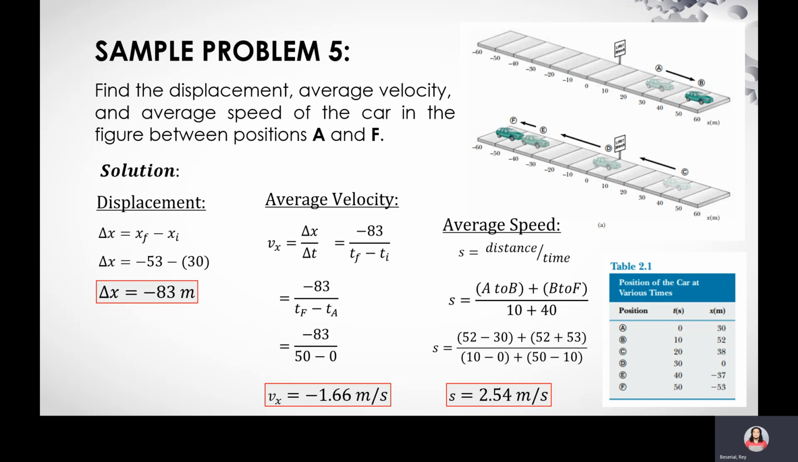Okay. So, A to B, i-plus lang natin 52 minus 30 plus 52 minus, 52 plus 53. And then yung ating delta t, which is from A to B, is 10 minus 0 plus, dito B to F na is 50 minus 10. So kaya meron siyang 40. So yung ating average speed,